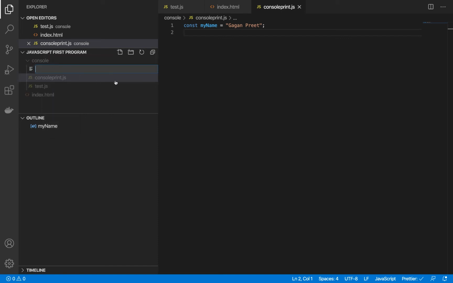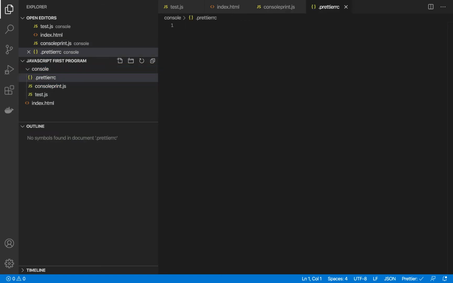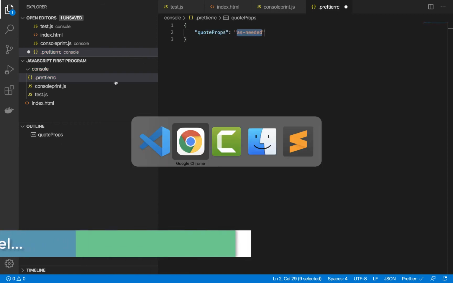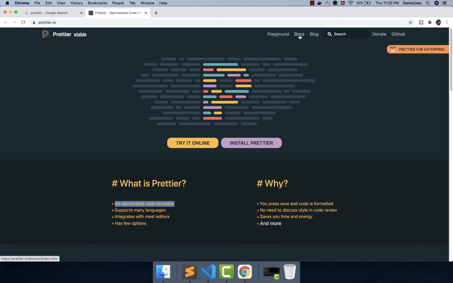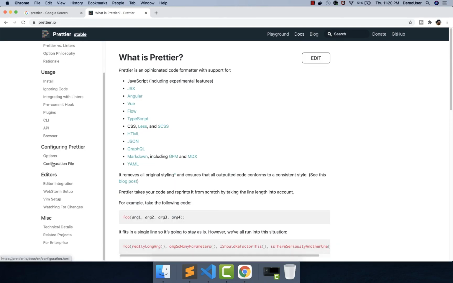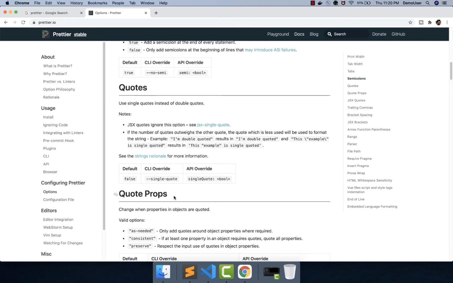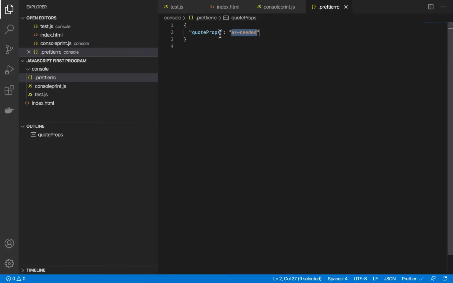So I will create one more file and I will name it Prettier RC, save it, create curly braces, and I will say code props, and before that I'll go to this documentation and I'll go to configuration options, and you can find somewhere quotes over here. So this is the section over here, use single quotes instead of double quotes. So we have to give a particular option over here. For this we have to use single quote. So I'll just go back here and I will say